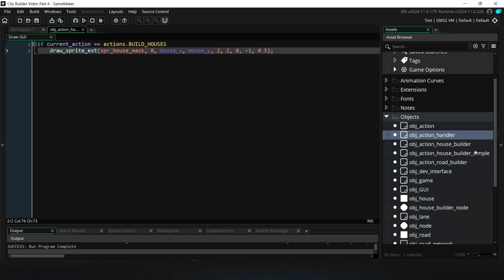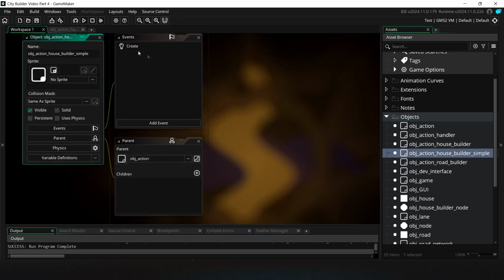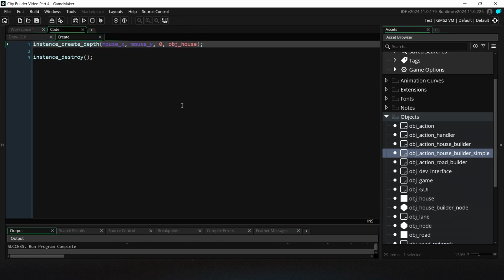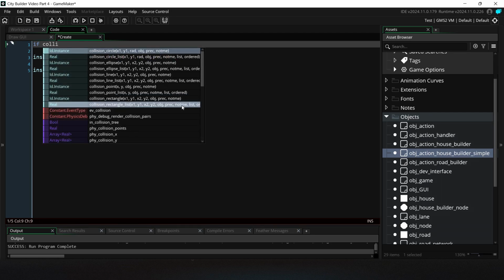So there's just one thing I want to make sure, it is that we cannot build roads through houses and houses on roads. That's basically the only restriction we want to make today, and then put in some people. So let's try and go back to the house builder, okay? The simple house builder, and that is here. Okay, so let's try and see. Let's put a restriction on that says if we're colliding with a road, and as we know now, we put in these collision masks for the road, and we are also doing the same for the houses. So it's going to work really simply. If collision,